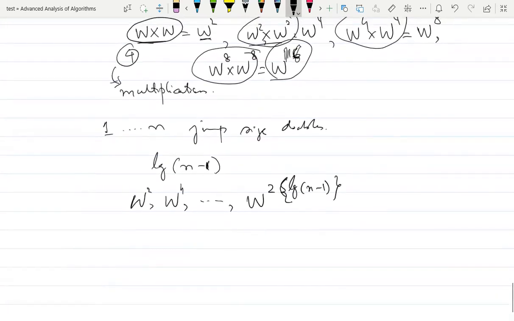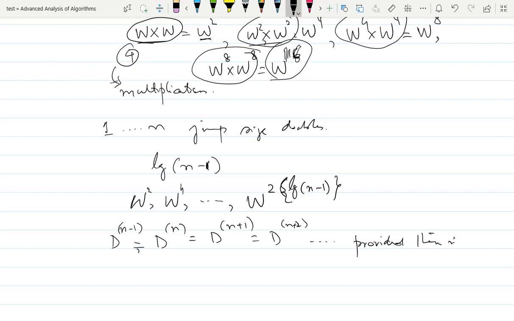Is it the same thing? Yes, it is the same thing, because as we discussed before, dm n minus 1 is the same as dn, the same as dn plus 1, and the same as dn plus 2, and so on,